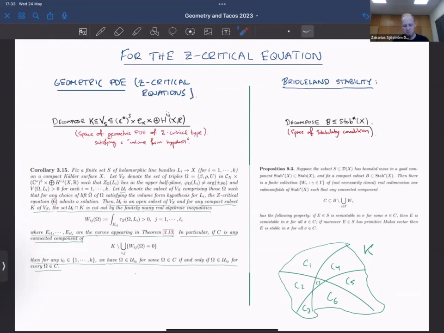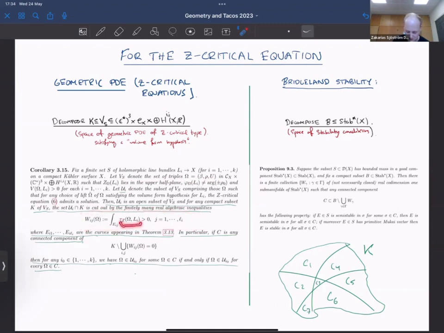So in a way, we can also think that we vary the kind of stability condition that's underlying here to be Z-critical ones. This is a rather long statement, so I won't read it all, but what it says is basically that you fix some, so you have this space of all these parameter values parameterizing geometric PDEs. You look at a suitable subset of this for which the Z-critical equation has a solution. You restrict it to K, and then this set is cut out by a finite number of conditions,